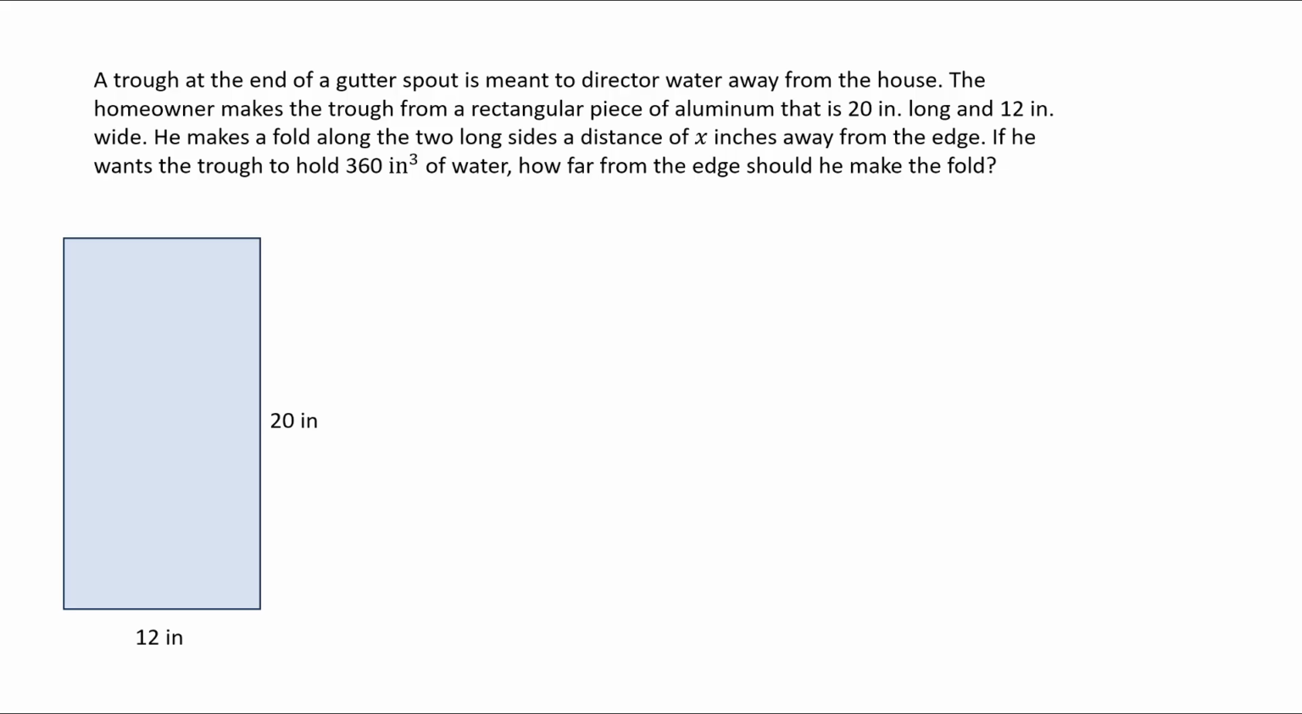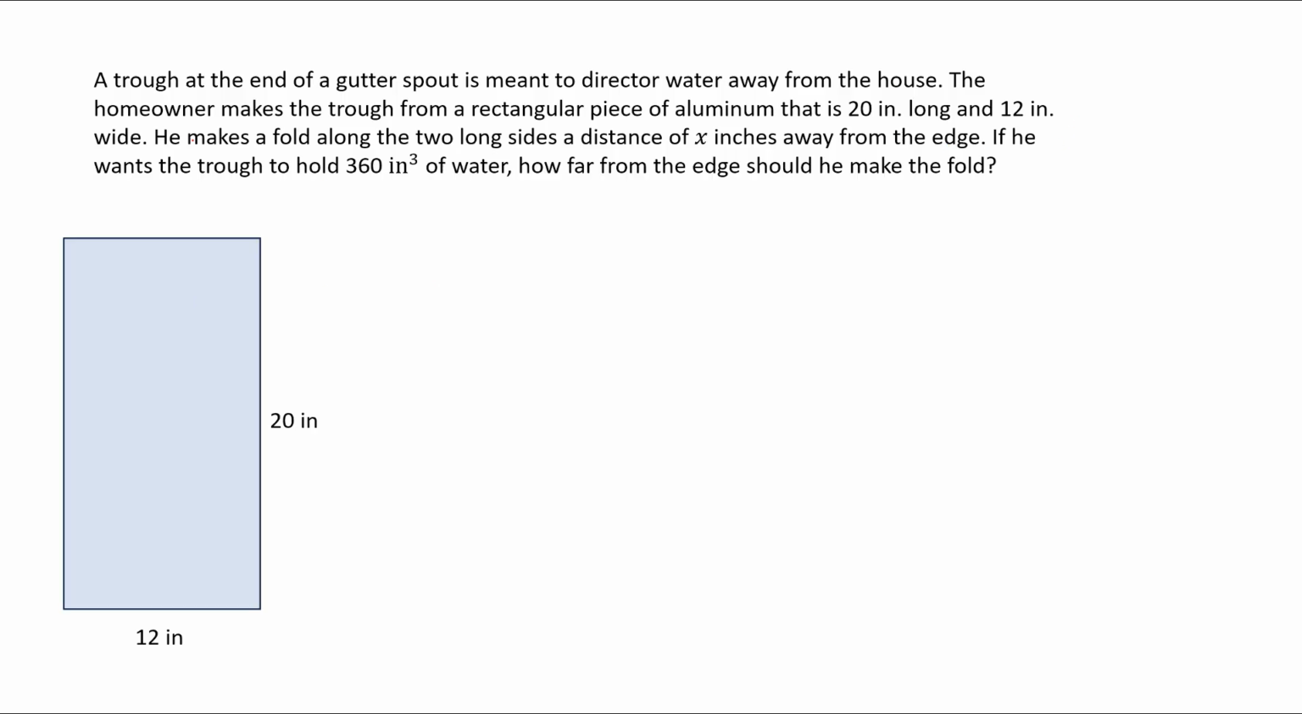Okay, so we're going to look at some applications of quadratic equations. And here you have a problem involving making a trough at the end of a gutter spout, which is meant to direct water away from the house. The homeowner makes the trough from a rectangular piece of aluminum, a rectangle that is 20 inches long